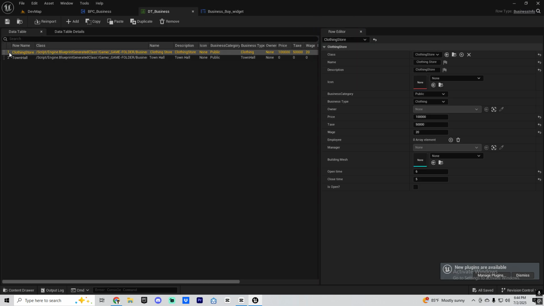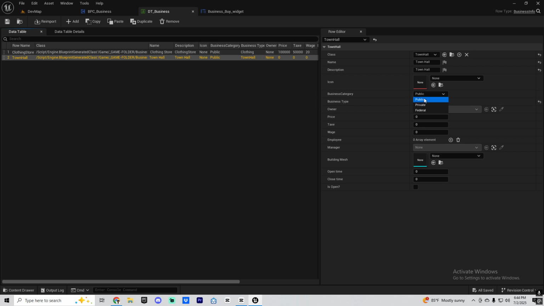Let's go here. The clothing, it's a public, or you can make it private if you want, you know. And we're gonna use this to do different things. I'm not gonna say what it is, but it's gonna be cool. So let's do federal for the town hall. Okay,